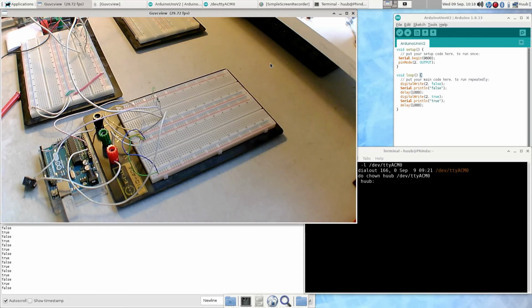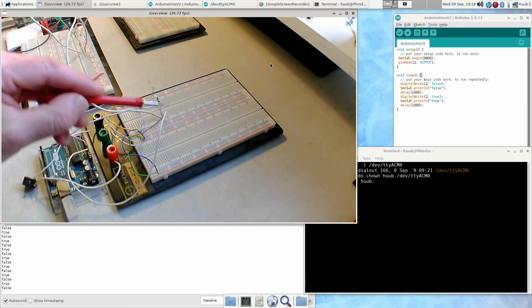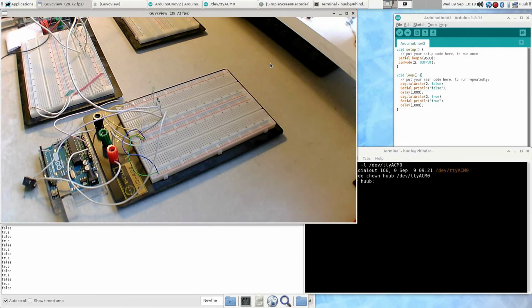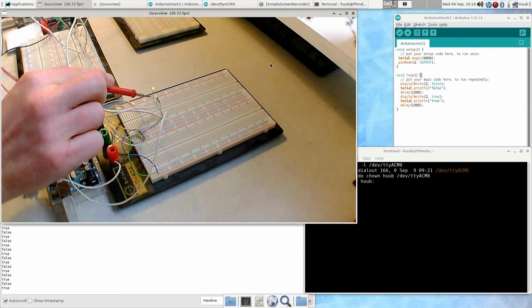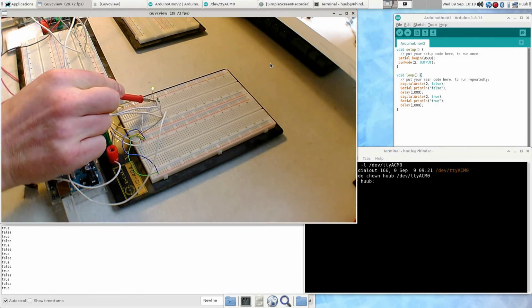So now the question is, what values are here? Don't drop the probe. So right here I am measuring